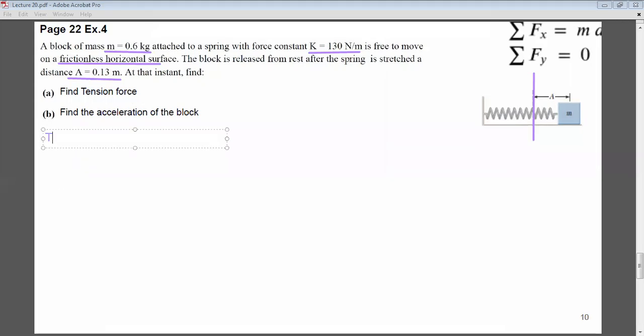To find the tension force, I try to use Hooke's law. Can I do it using Hooke's law? If yes, then I'm done. Tension equals K times delta L. K is given as 130 Newton per meter, and delta L is given; here they called it A, it's no problem. So 0.13. So tension is equal to 16.9 Newton. So I got the tension. This is part A. Part B,